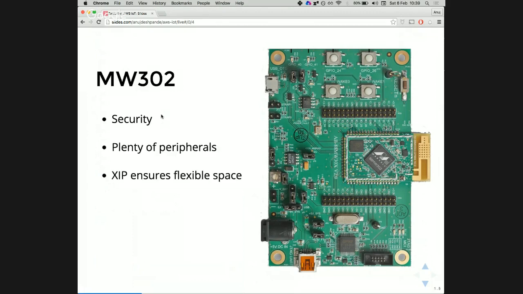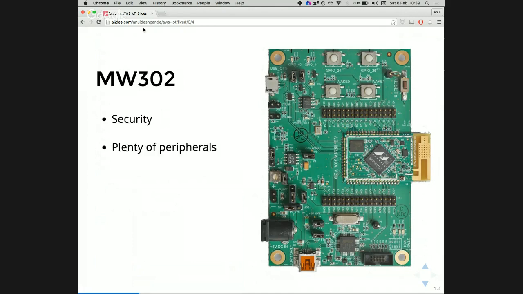So security. This board supports secure boot. Secure boot basically allows you to control what software runs on the flash, right? You need to have the right access keys, the right private key and the right public key, to run software on the flash. So as long as the private key is safe, it keeps you safe from people who want to run different code on your consumer appliance or something like that.